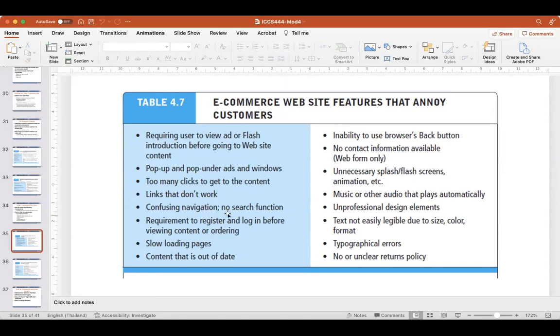Confusing navigation, no search function. Sometimes when users would like to go back and once they tap on back, it doesn't go back. This is confusing navigation. Every e-commerce platform must have a search function. If you don't have a search function,